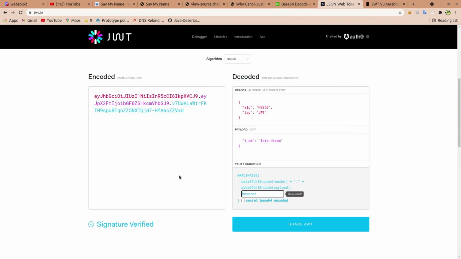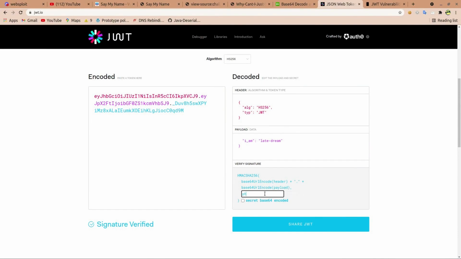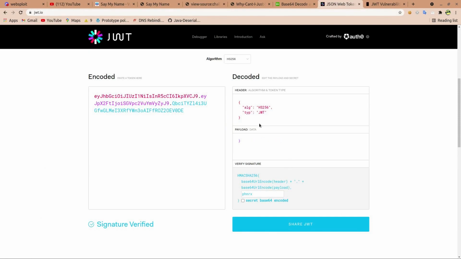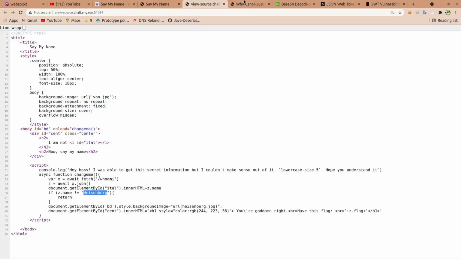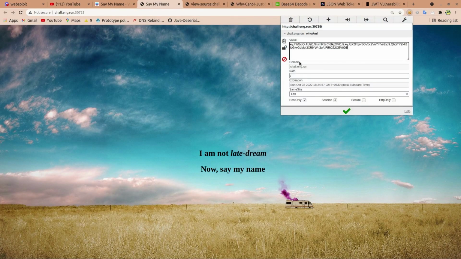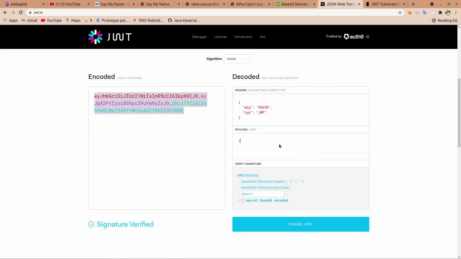So we can use jwt.io to forge a new token using this same secret. Here we have to specify the secret, which was PHNRX. Then we have to change the name to Heisenberg to solve the challenge. If we set this to Heisenberg and give the secret, it will forge a new token, and if we set the cookie as this new token, save it and refresh the page.